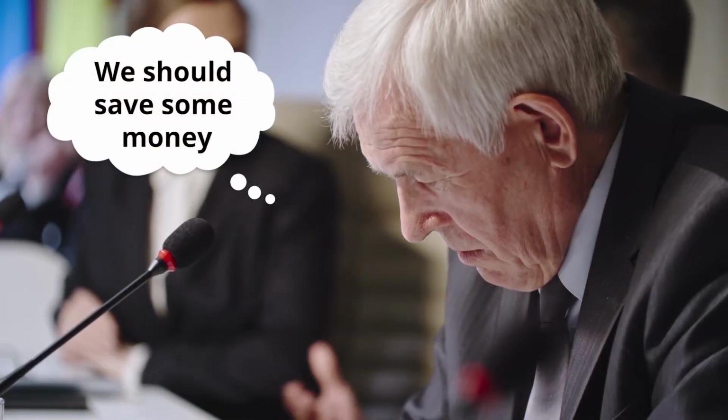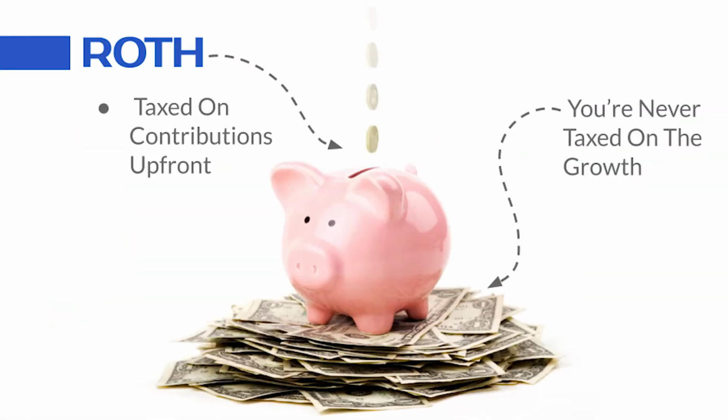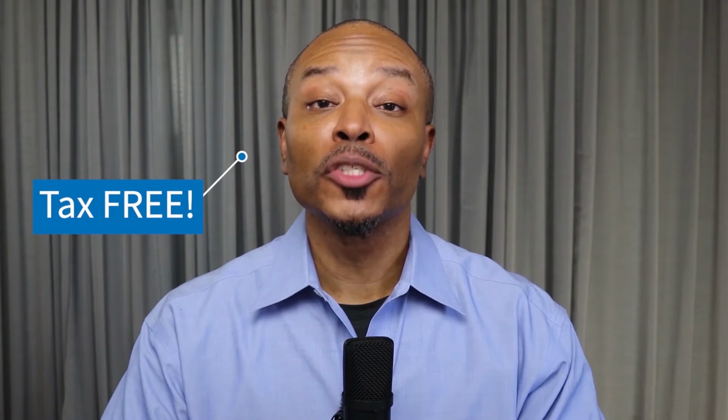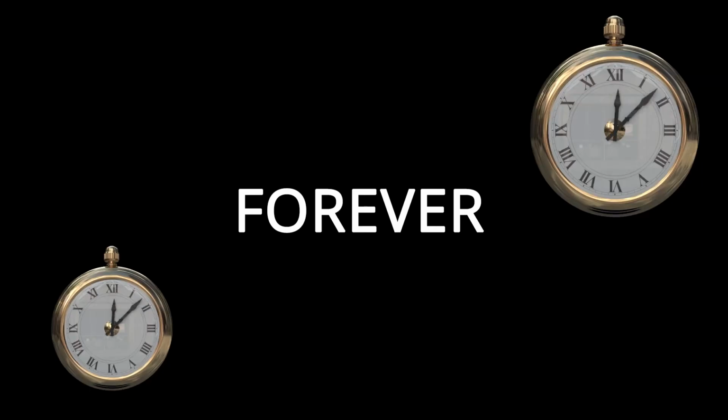If you look at things from Congress' perspective, their objective was to save money. And while it's a very short-sighted view, they did that. They saved millions of dollars. But from our perspective, the long-term effect of the Roth IRA did what? It allowed us to pay taxes on this small amount, but whatever grows from that amount is now growing tax-free. So from the tax-paying American's perspective, who made out on this deal? You pay taxes on this small contribution, and anything that grows from that is growing tax-free forever. Do you hear what I'm saying? It is growing tax-free forever.